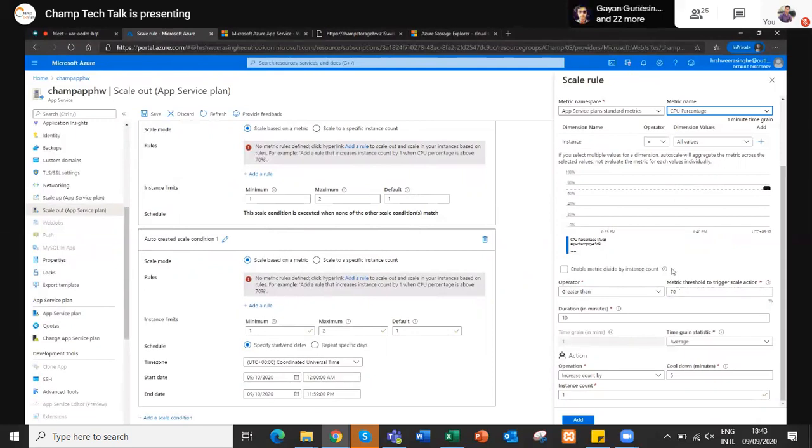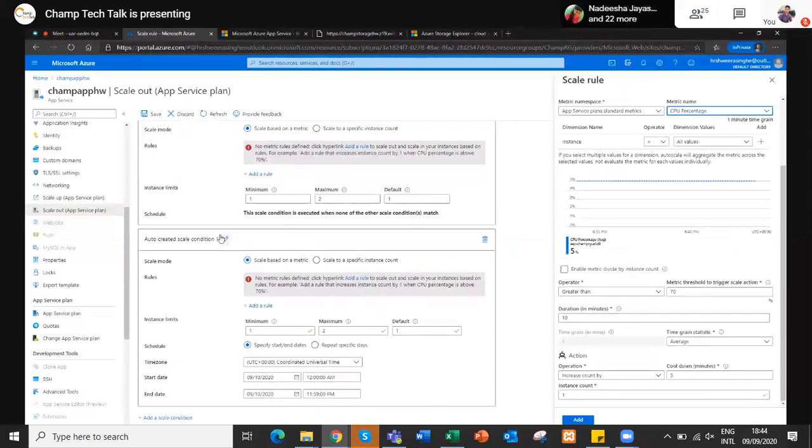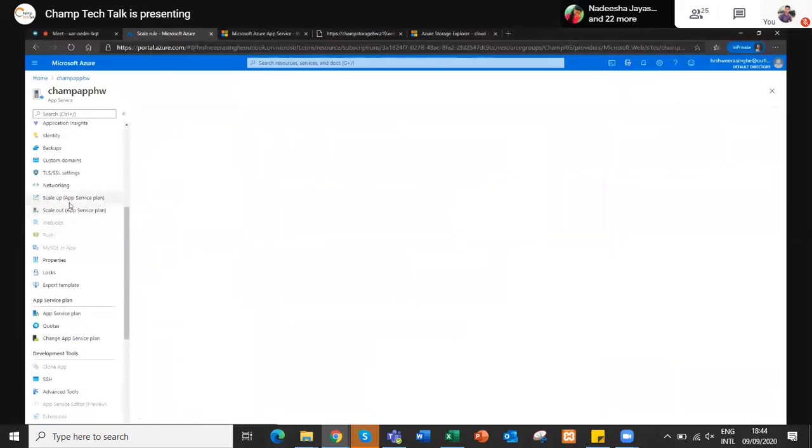And make sure that if your traffic goes away, you create a condition to delete that automatically spawned instance as well. Otherwise, if it created 2 instances, it will run 2 instances forever. That's another advantage we have in cloud computing. So that's how you scale up and scale out these application gateways, applications.